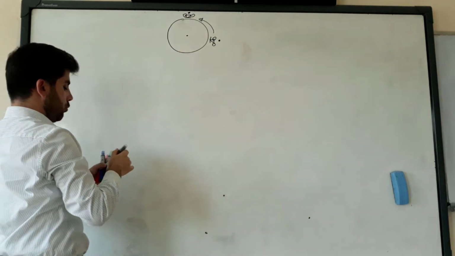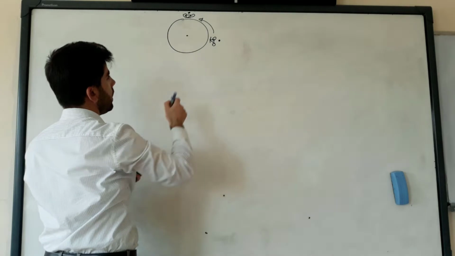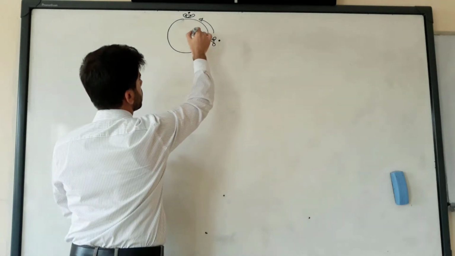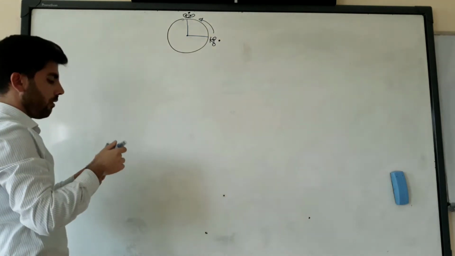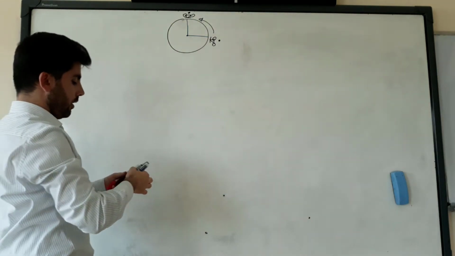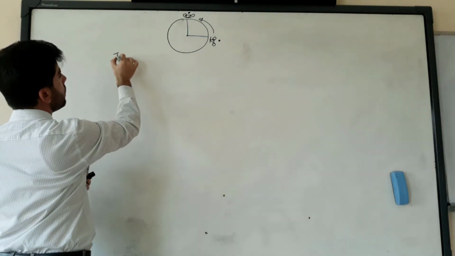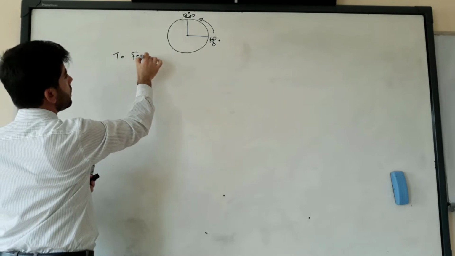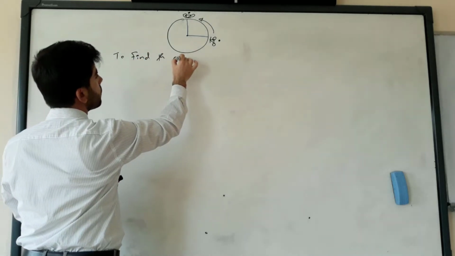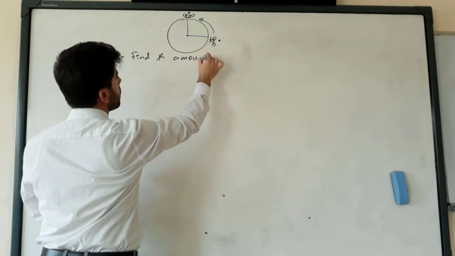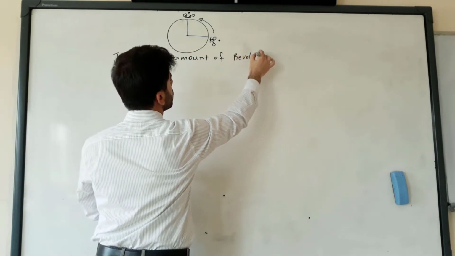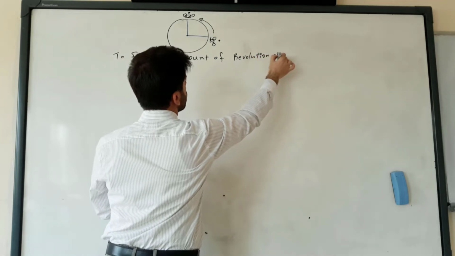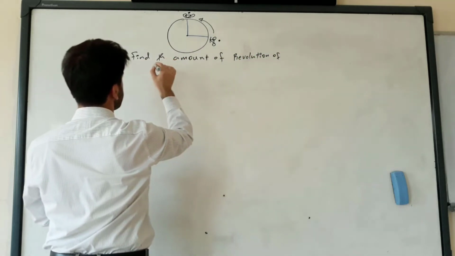I need some quantities to tell me how much this bicycle has traveled. So to find the amount of revolution of the bicycle,